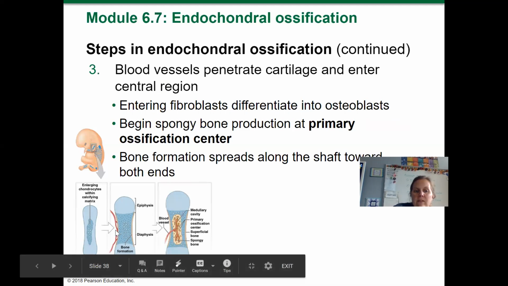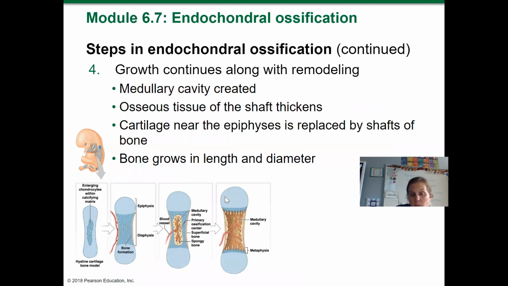Okay, so the blood vessels that we're just touching are now starting to incorporate into the structure, okay? And so what happens is we have this primary ossification center. So this is where spongy bone is starting to be produced. And that spongy bone production just kind of spreads in both directions. Until what